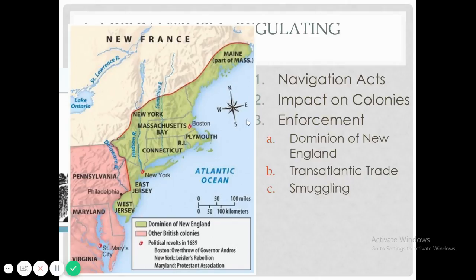And so there was really no effective way for the English to stop colonial smuggling altogether, although there were still local customs officials that could be bribed. And so what happens later on down the line in the 1760s, acts are passed to counter colonial smuggling. And now these acts, along with those navigation acts, are starting to be viewed as an attack on the rights and the freedoms of the colonists.